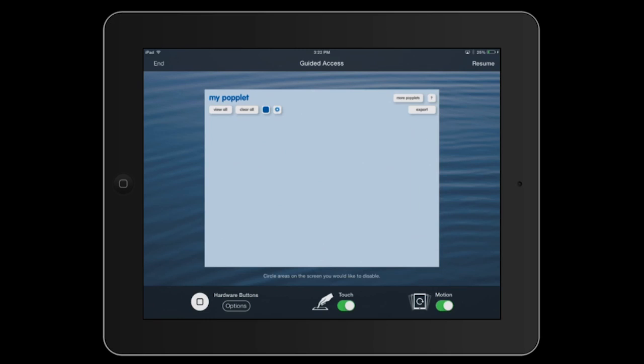So let me show you at the top right here. I don't want them to be able to touch any of those buttons, the more Poplets or the export. So what you do is make a circle with your finger around the part that you don't want them to be able to access. Then it creates a shape, and you can adjust it to the size that you want. You see how it's grayed out, and you can make them any size. You can cover the whole thing if you want, or just depending on what buttons you do not want them to have access to. Then you click on resume,